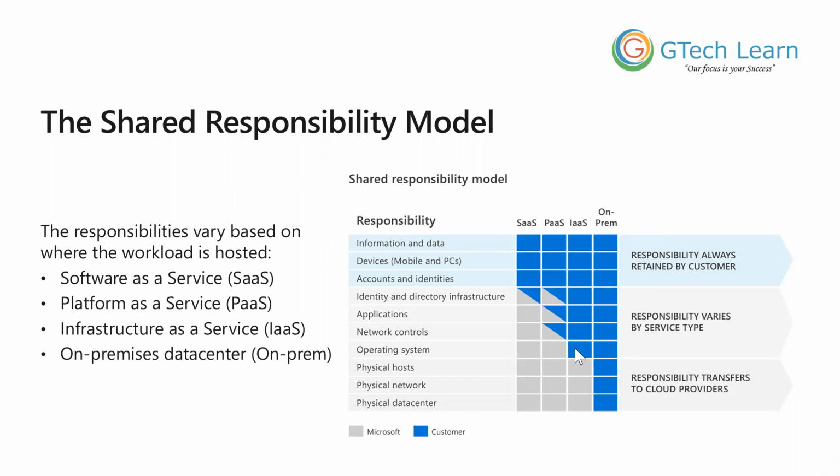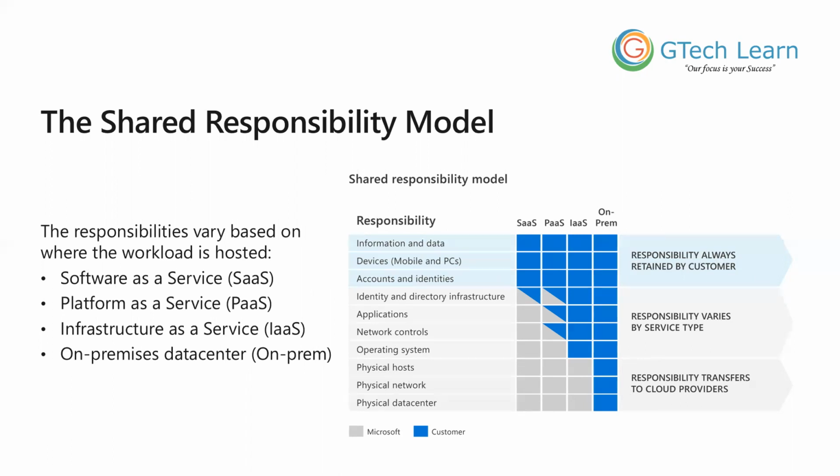The first one is the on-premises data center. In an on-premises data center, you have responsibility for everything from physical security to encrypting sensitive data. So all the responsibilities are taken care of by the